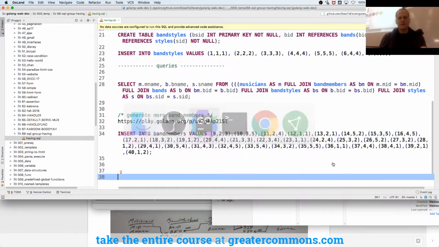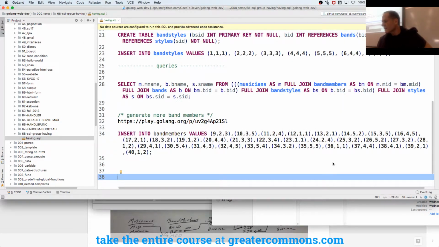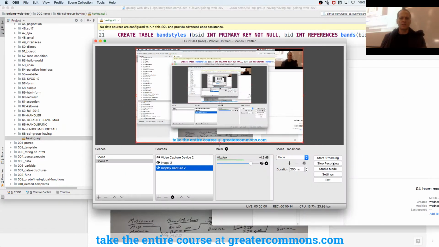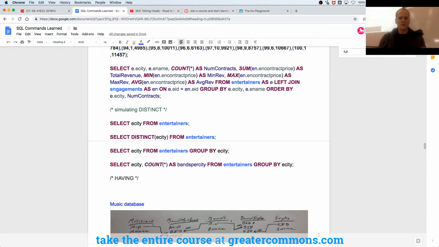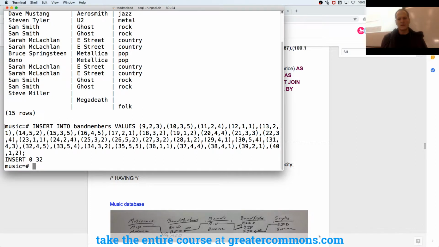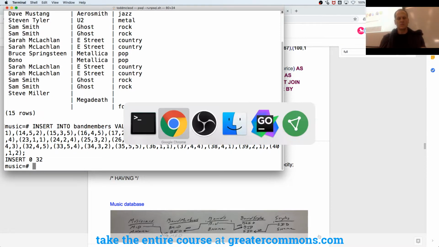So the having query and grouping, group by, wants us to look at bands that play jazz and have more than 3 members. Well, let's see how many bands, what kind of styles we've got for bands. So I want to know what band and what styles. So I'm going to do